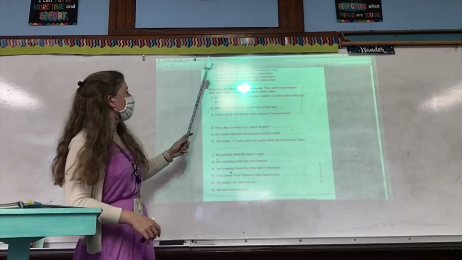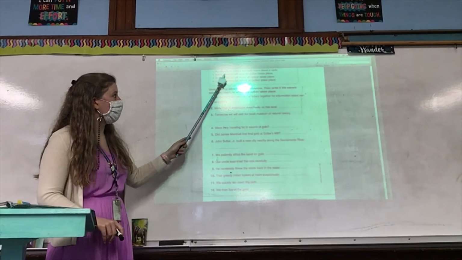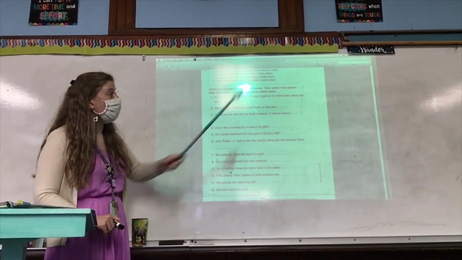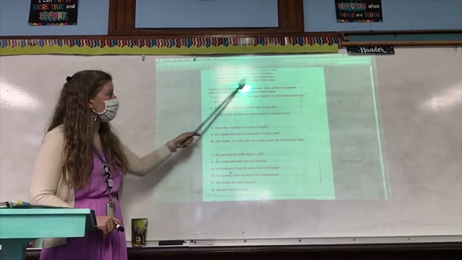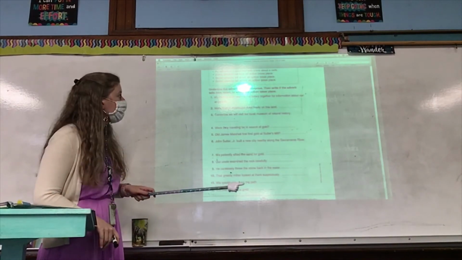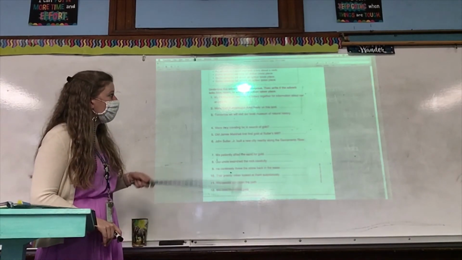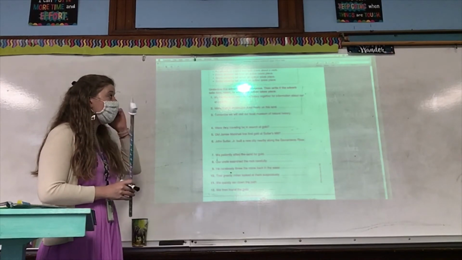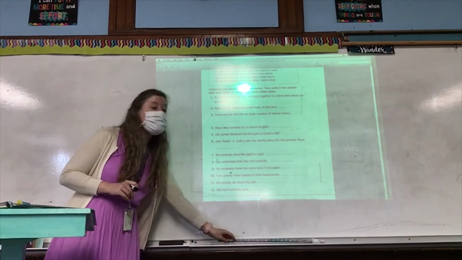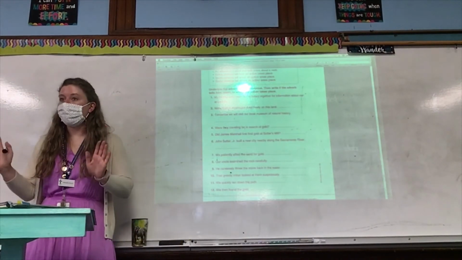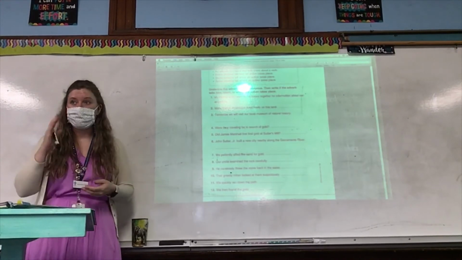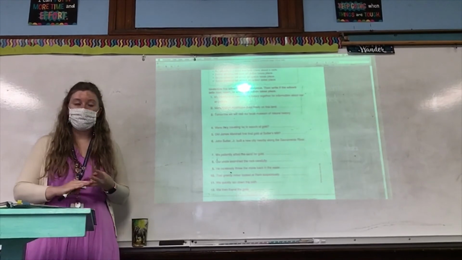Okay, so if we look at the bullet points, at the top it says an adverb is a word that tells you more about a verb. Some tell how an action happened, some tell when an action happened, and some tell where an action happens. So, the directions say underline the adverb in each sentence. Then write if the adverb tells how, when, or where the action takes place. So now we know we're only looking for adverbs. We're not looking for adjectives. We're only looking for words that describe a verb. How, when, or where it happened.